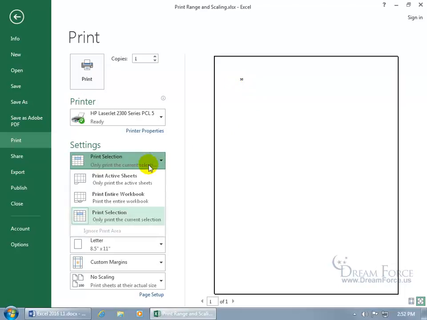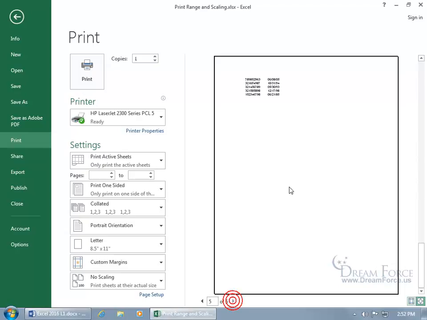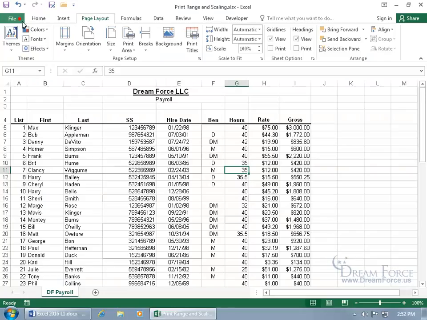Go ahead and click on the drop-down arrow and go back to Active Sheet, and on the Active Sheet we have a total of 5 selections that we set, and it's one for each page, 1, 2, 3, 4, and 5. Great, it works. Let's go back, and then to clear it, just come up here and click on Print